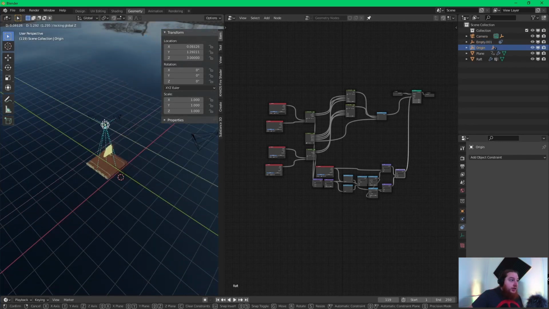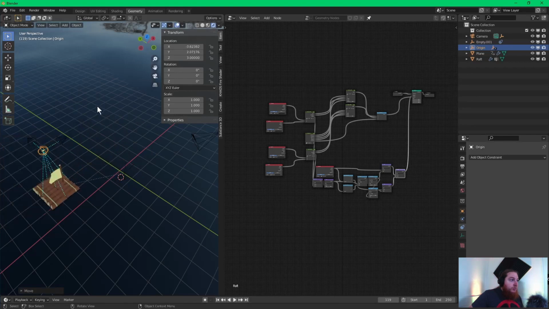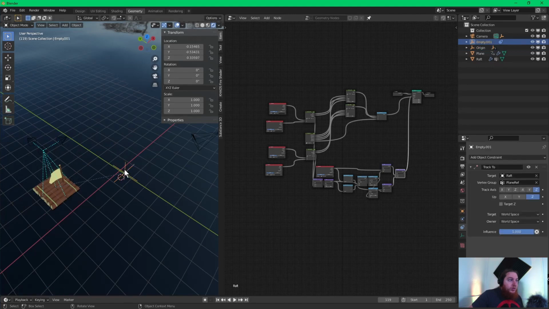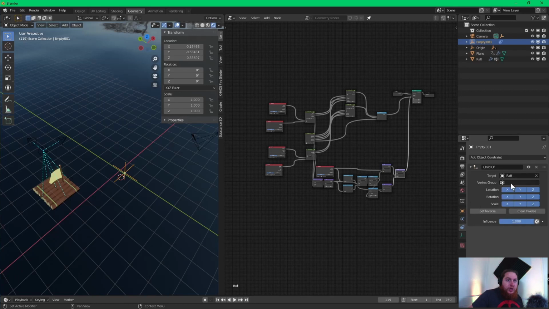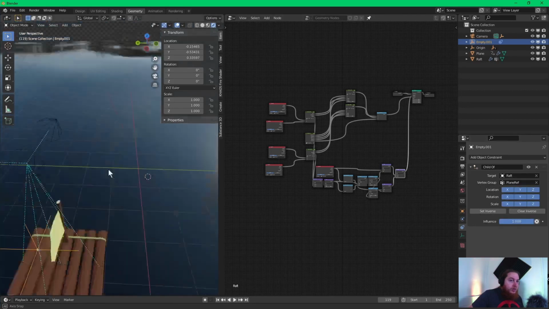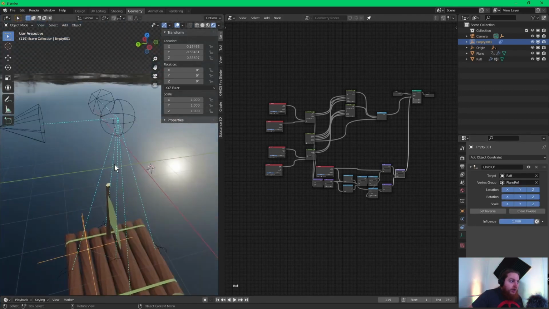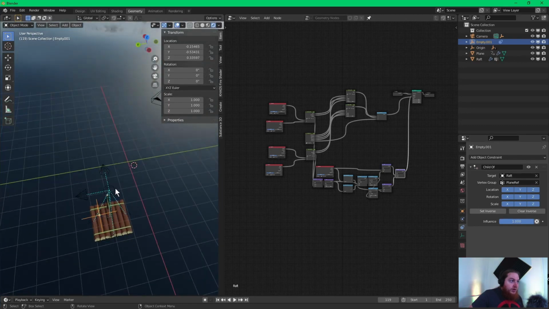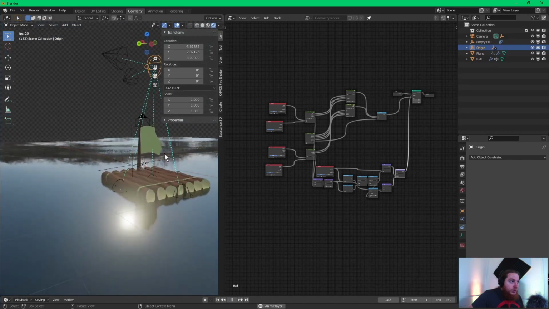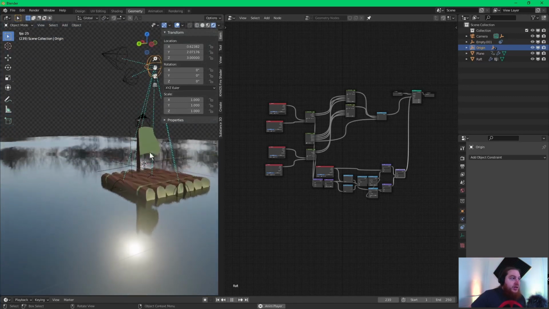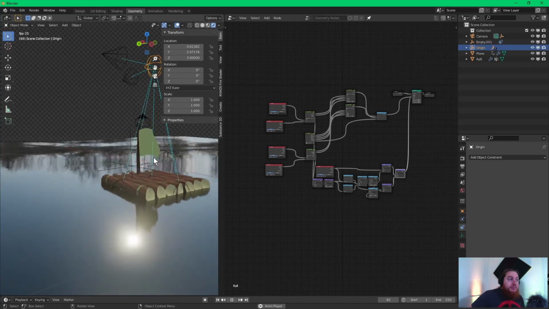Grab Z. Oh. Track 2. There we go. There we go. Okay, so now you have a little floating reference point above your boat, and you could set